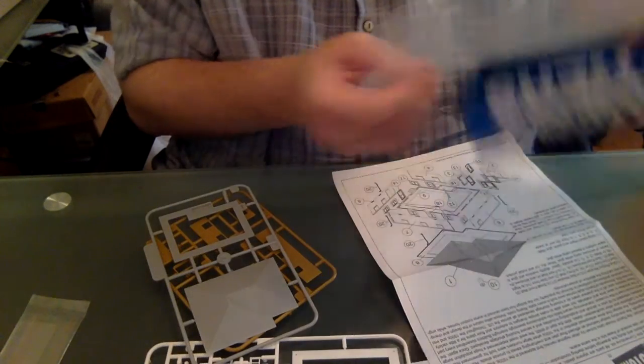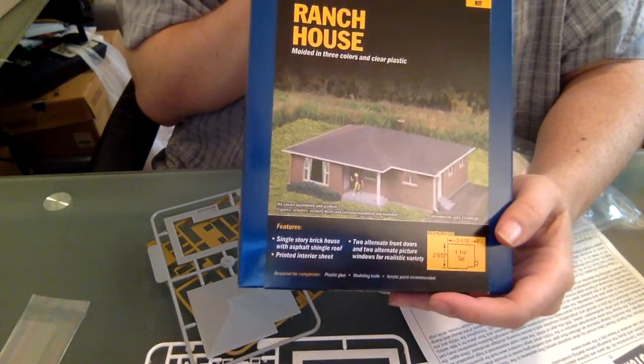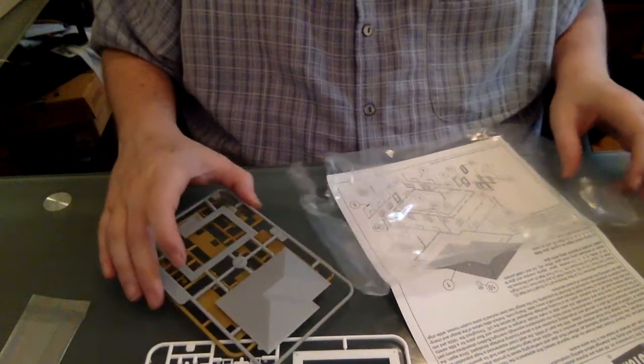And like I said, this right here is what it looks like. Looks like your basic ranch house. And so yeah, this is going to be one of the 3 houses that I'm going to add to the layout. I still